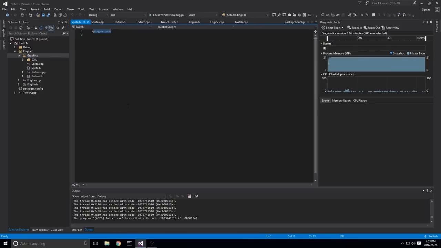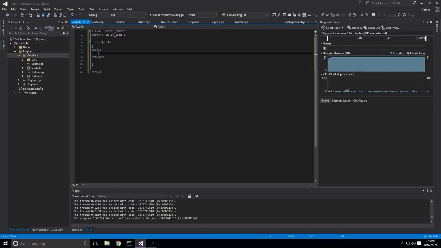Okay, and again, ifndef sprite, we'll define sprite, and endif. Sprite public private. Perfect.